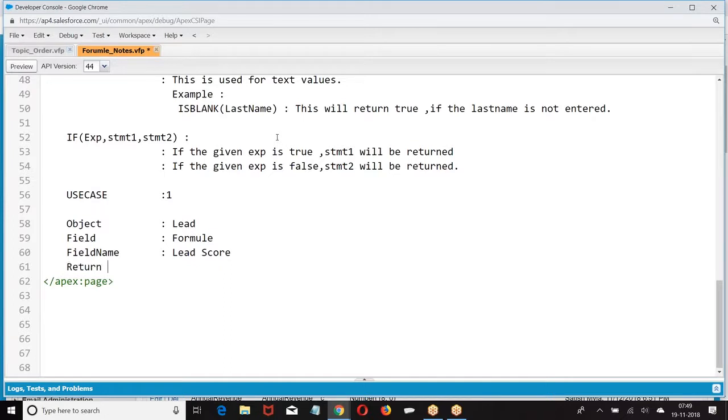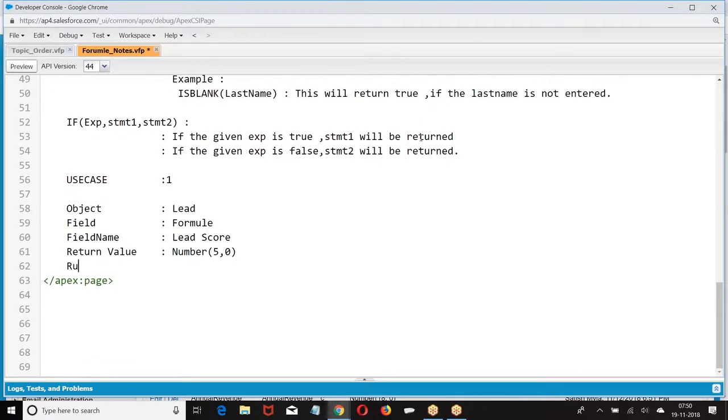What type of value are we expecting? A number with numerical value 5, decimal value 0. What is the rule we are trying to create? Let us see.